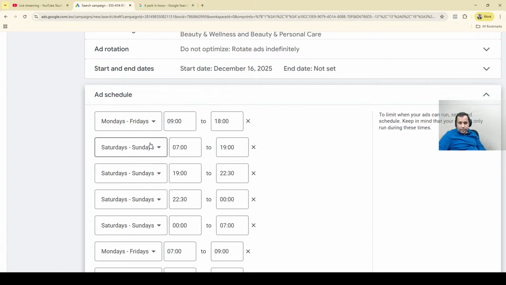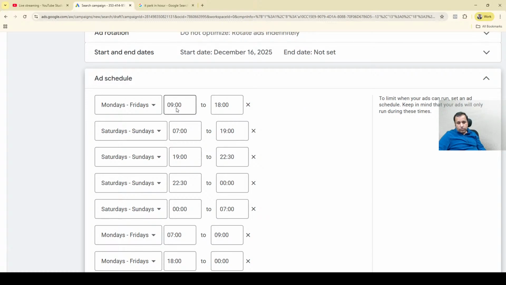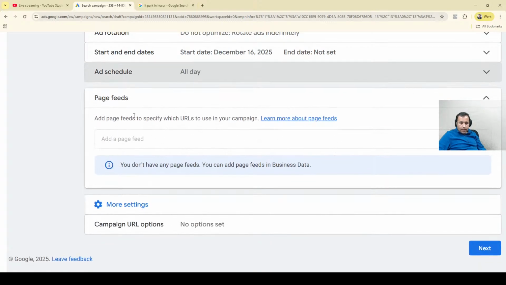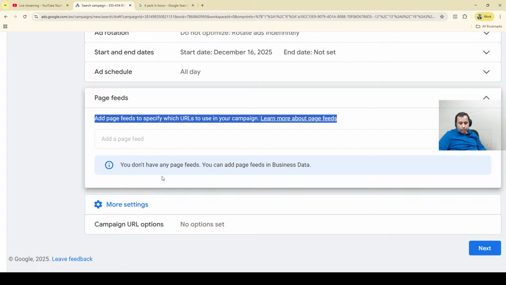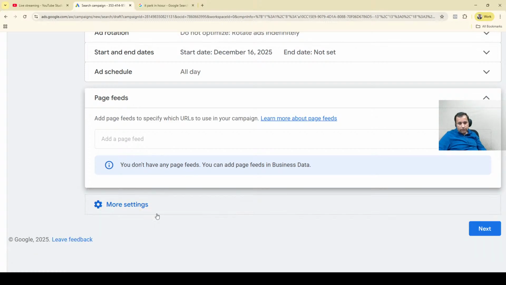Maybe there are some times in a day where you definitely want to be visible. You can increase your bid by 10-20%. If you don't want to be visible in a particular time period, then you can reduce your bid by 10-20%. So in the same budget, you get an additional opportunity to optimize your campaign, right? Page feed, we don't have a page feed here. If this was a D2C campaign, maybe when we are setting up the shopping campaign, we'll see in a different account, we'll see if we can show you the